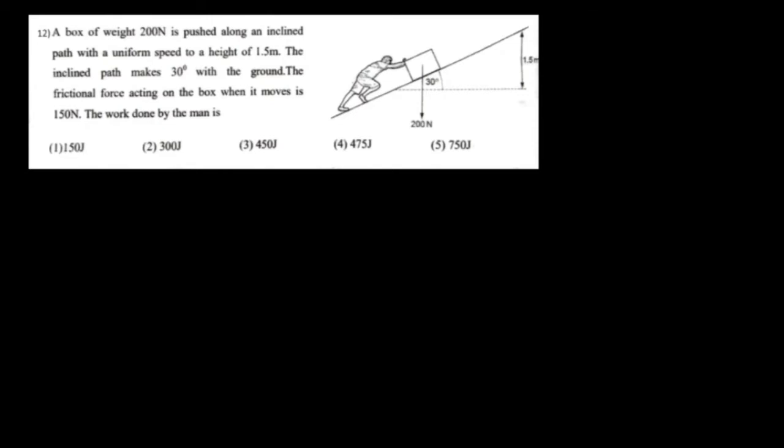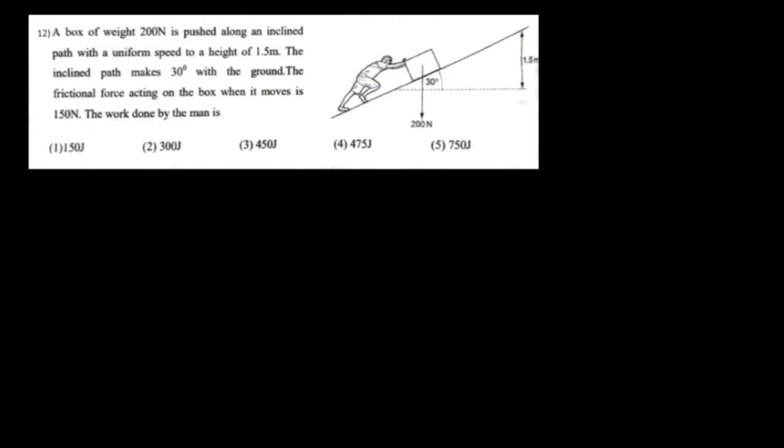In this video, I thought of discussing a few questions based on work done. In our previous video, we discussed whether work done is a state function or a path function, and we went through a few examples. So let us apply those ideas here to approach this question. I'll do the same question in two methods so you will understand how they are interrelated and which one is easier. Generally, the work done is the applied force times the distance.